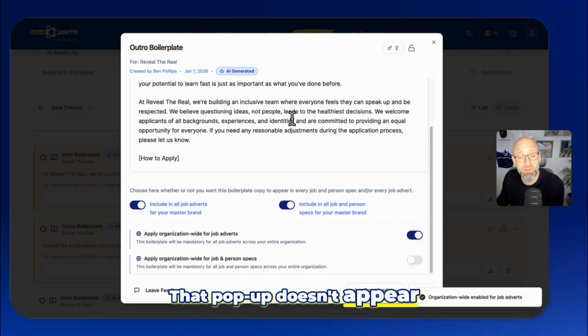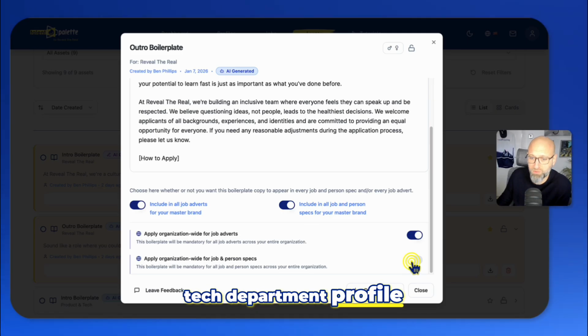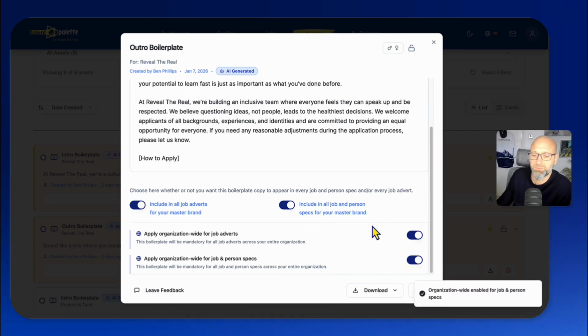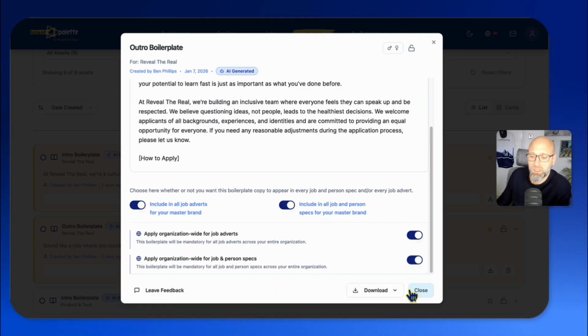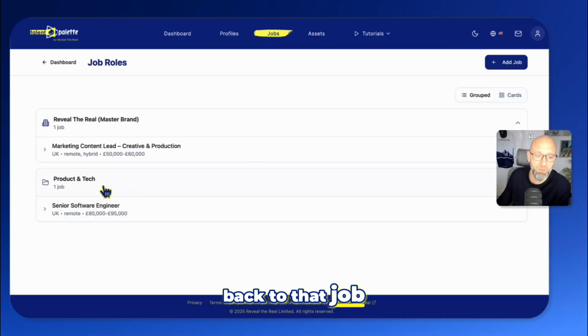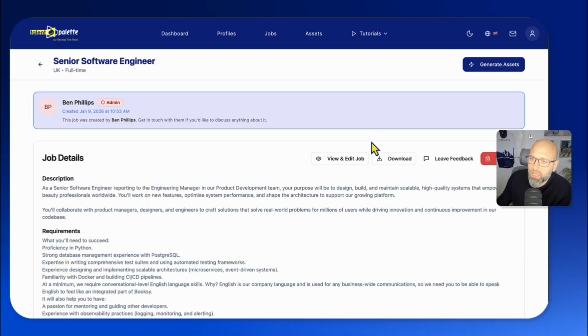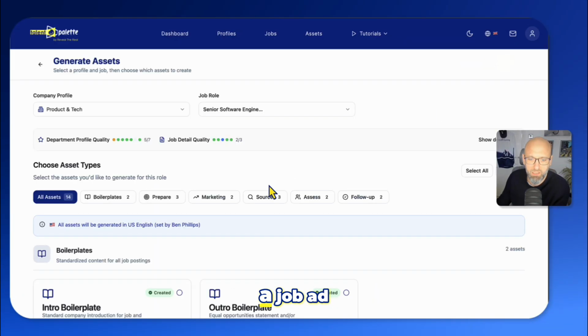Let's go to the outro boilerplate and do the same. That pop-up doesn't appear this time because we didn't do an outro for the product and tech department profile. Great. And then that disappears. Now, what will happen is if I go back to that job for the product and tech profile and try and generate a job ad,